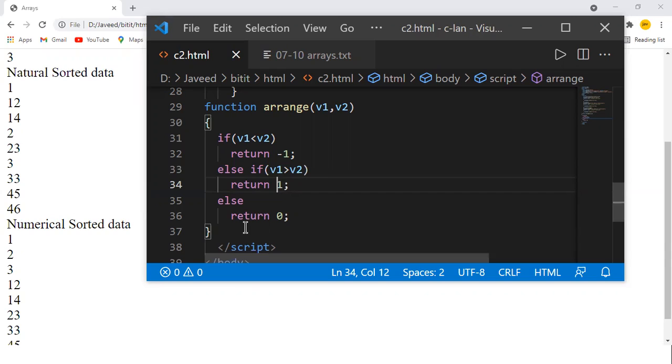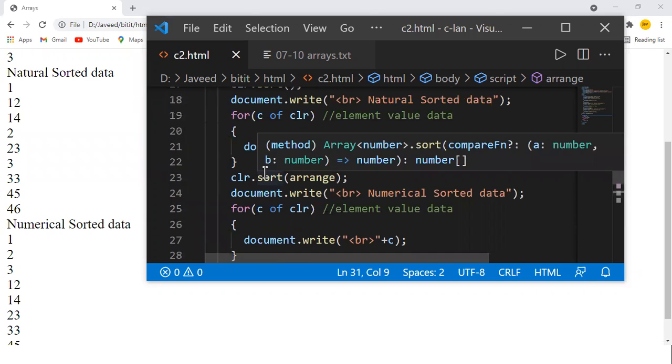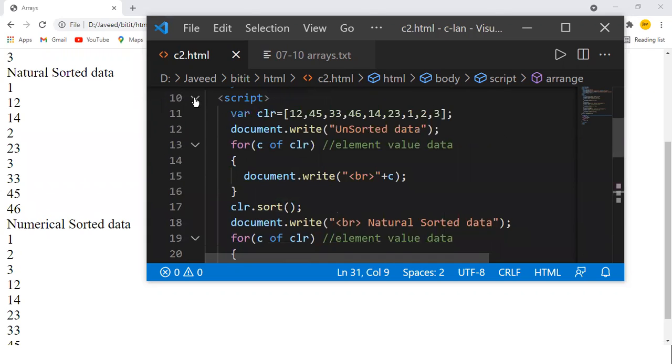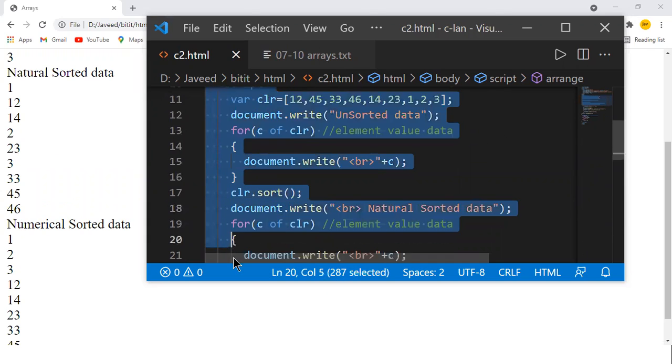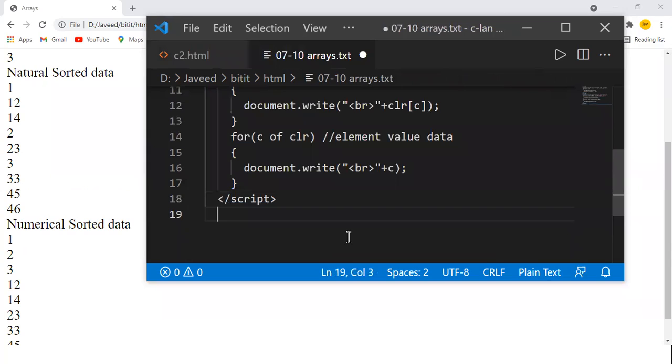If you want to get the descending order, then the function needs to be changed. A little bit of the function has to be changed. Here you'll be using the greater than symbol, then it's going to do the descending order for me like that. So I'll do one thing: I'll just copy this code and put it over here so that we can share this one.